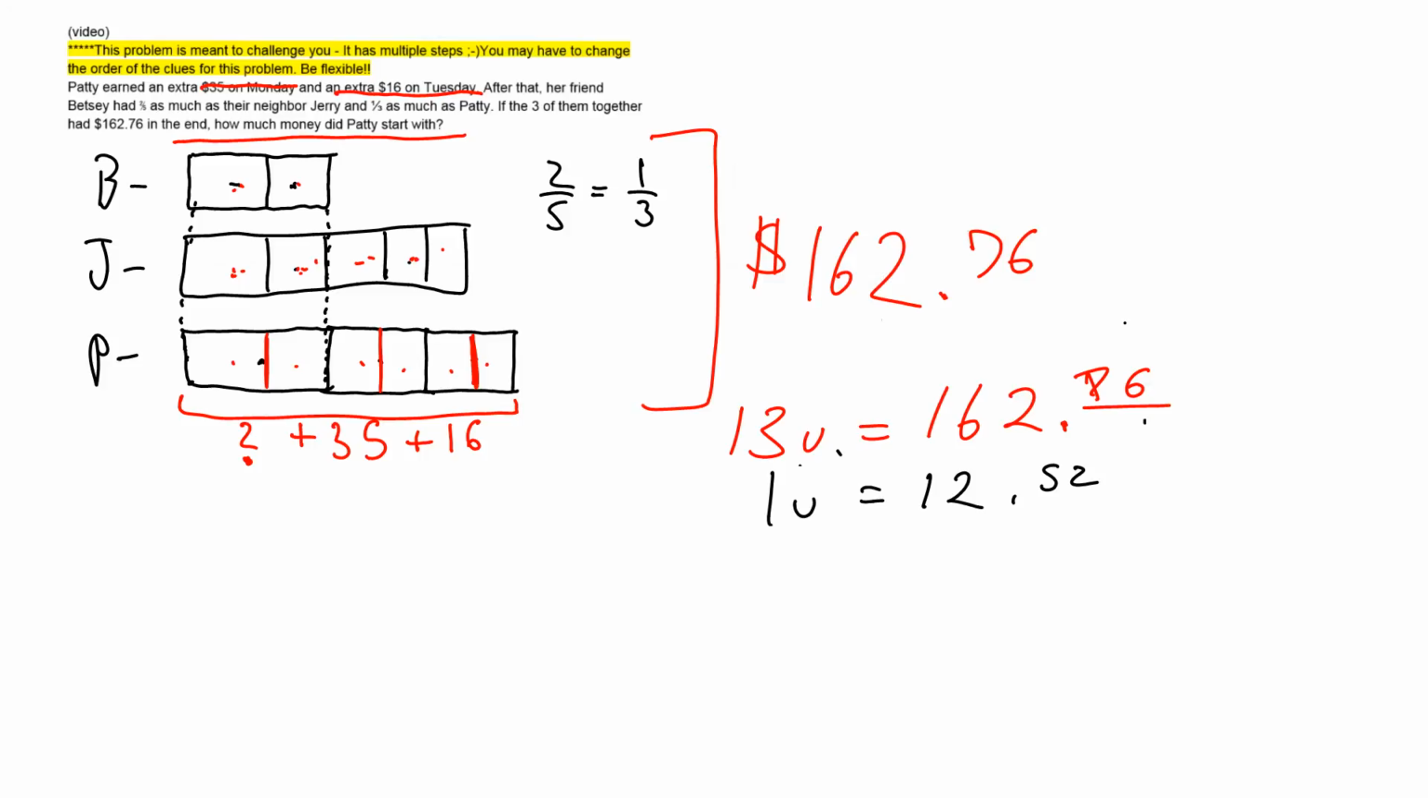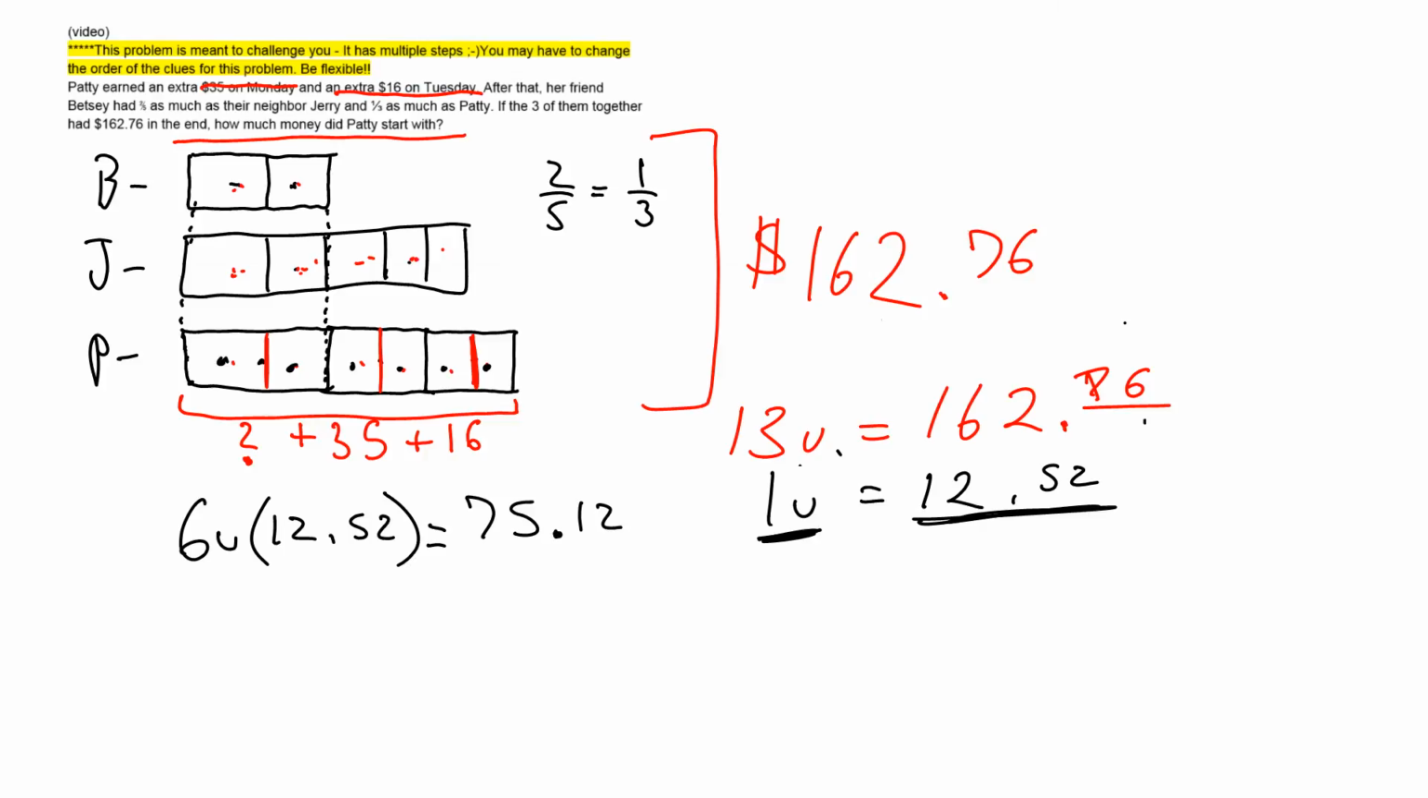Now, these problems always have a key that helps unlock them, and I think that figuring out what 1 unit is worth is going to help us solve the rest of it. Because if we know that 1 unit's worth $12.52, and we know how many units Patty has, we can solve for how much she started with. Patty has 6 units. And so we're going to find that 6 units times 12.52, which is the value of 1 unit, we figure out that Patty has a total right now of